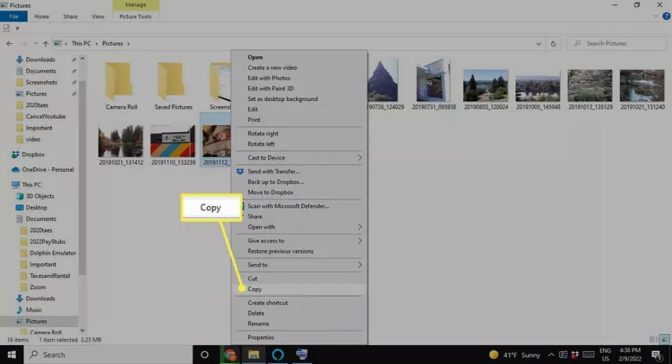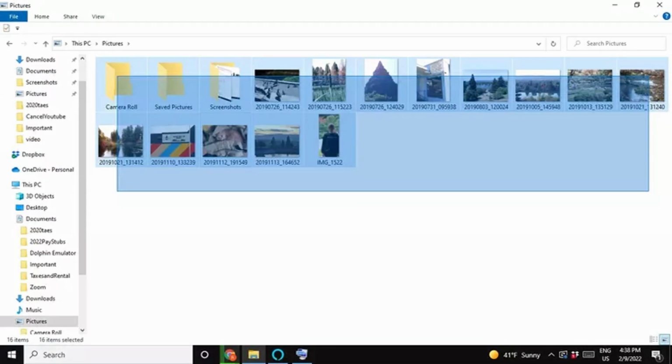Also, you can copy multiple files by clicking and dragging your mouse to draw a box around the files, or hold the Shift key and select files individually. Once selected, right-click one of them and choose Copy, and then move to a new folder, right-click in the empty space and choose Paste. And that's it,